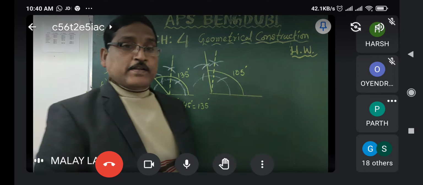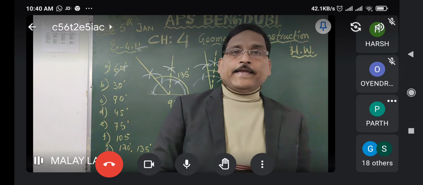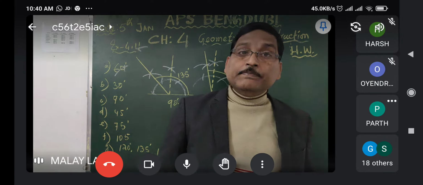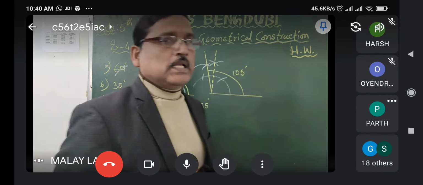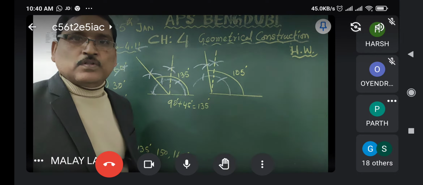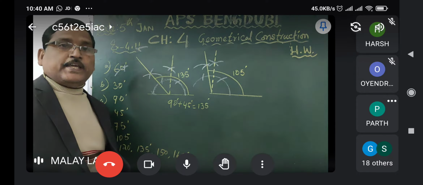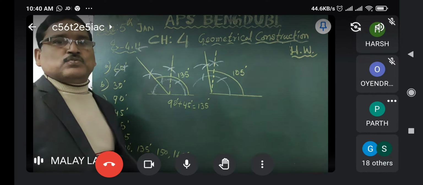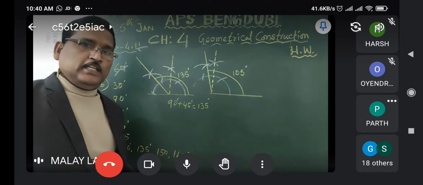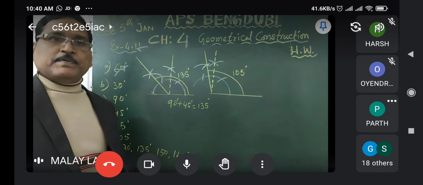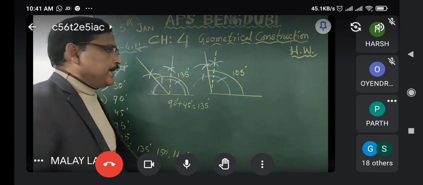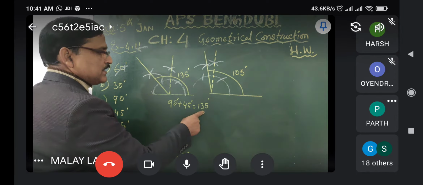देखो, I told you I cannot draw all angles by the help of compass. Those angles which are the multiple of 15, but still directly that 135 I cannot draw. Then what to do? I have to take the sum of the two angles. तो आपको इमेजिन करो कौन कौन एंगल हम बना सकते हैं. 90 तो इजीली आई कैन ड्रॉ, 45 easily I can draw. So what is the sum of 90 and 45? 90 plus 45 equals 135.